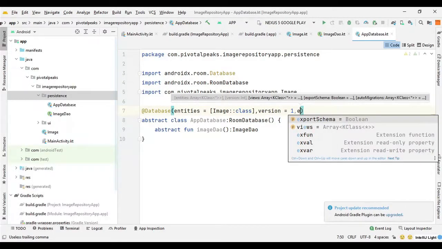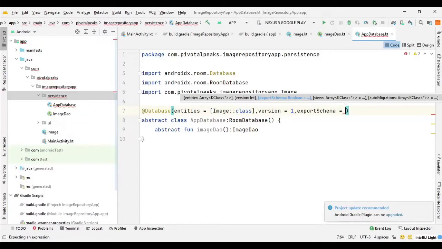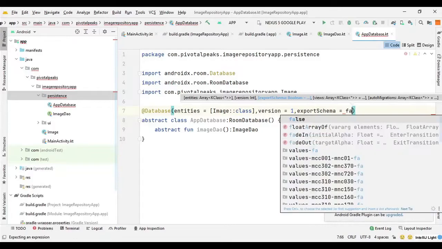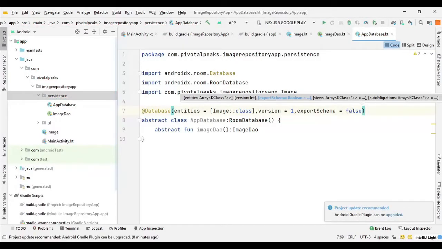And the last parameter we need is exportSchema, which has the value true by default, but we don't want to export the schema, so I can say false. So basically a schema contains the information about the structure of your database along with the history of your database versions and entities and the queries in a JSON format.